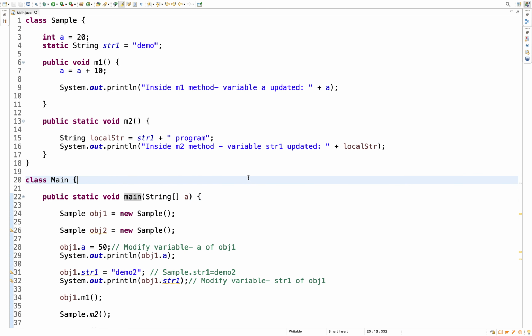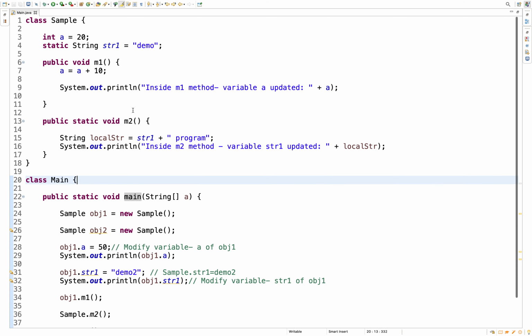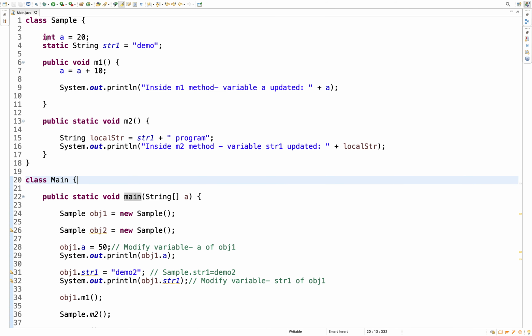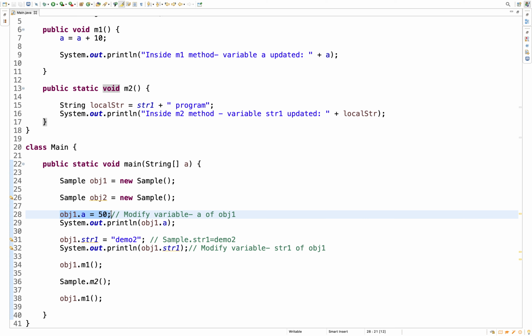Now we'll try to execute this code. The same thing we have discussed, maybe we can revisit it once again. We have the non-static variable, static variable, non-static method and static method, where it is printing some variable value. You created two objects, and you're reassigning some value specific to that object, and then printing it.